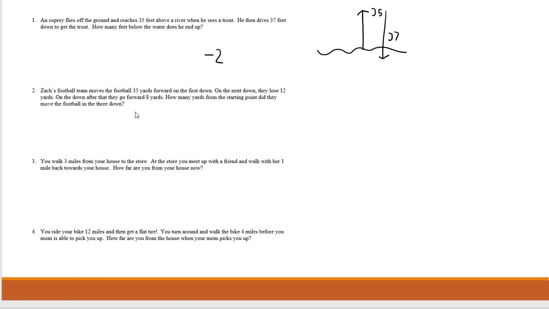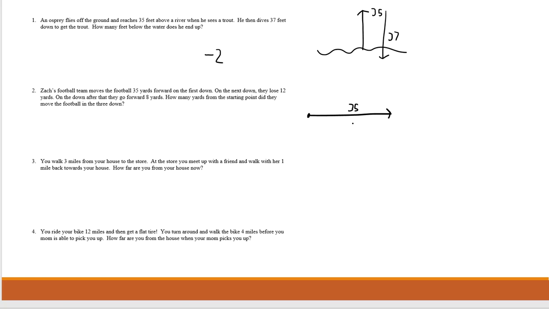Okay, so the next one, Zach's football team moves the football 5 yards forward on the first down. On the next down, they lose 12 yards. On the down after that, they go forward 8 yards. How many yards from the starting point did they move the football in the 3 downs? Okay, so let's say here's the starting point right here. So they move the football 5 yards. So they go forward